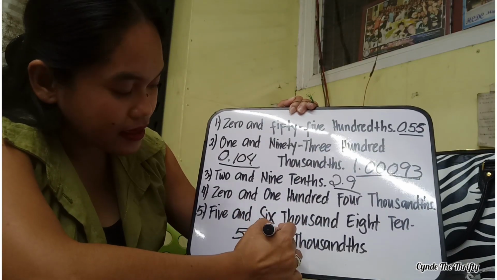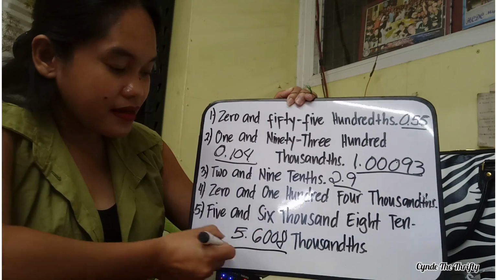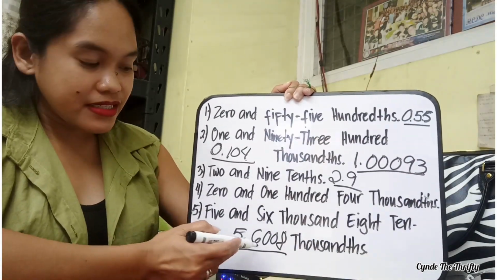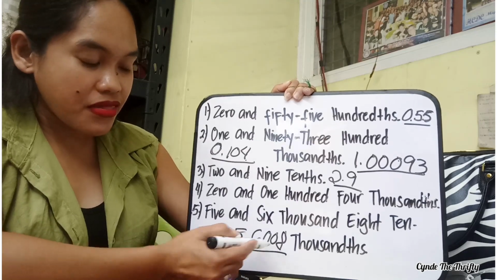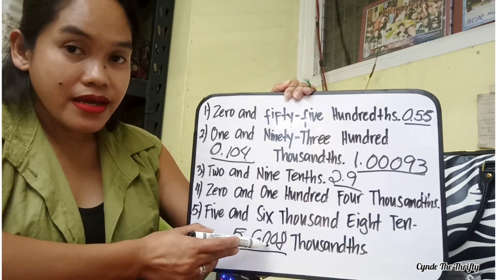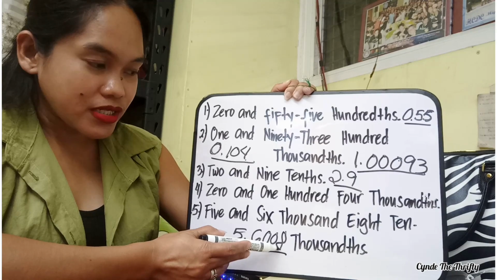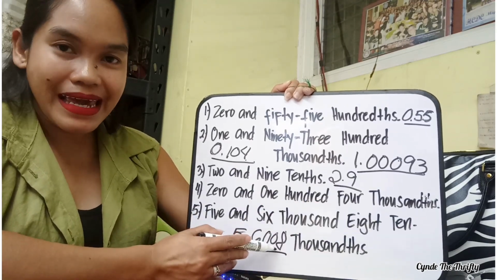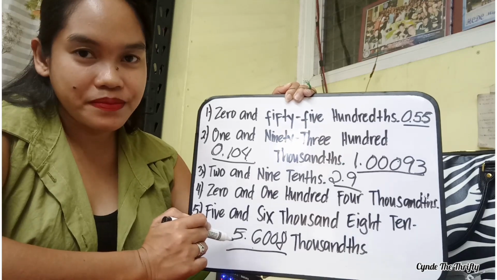So, 5 and 6,008 ten-thousandths. O, di ba napakadali, walang kahirap-hirap, basta alam mo lang yung rules kung paano basahin yung